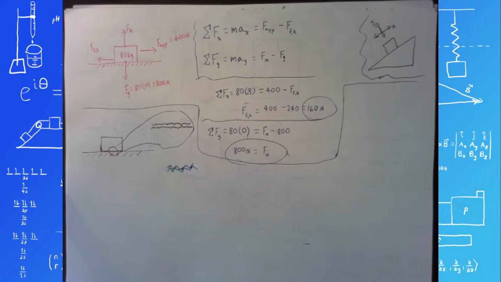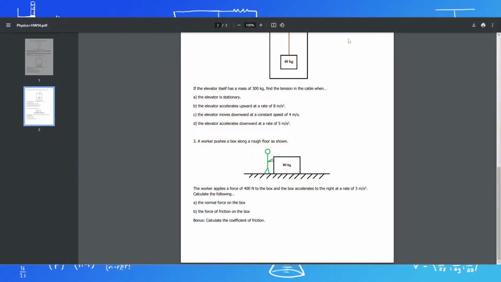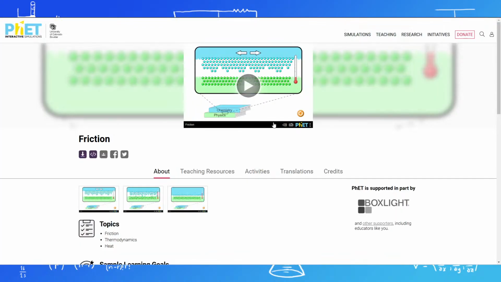So I have a PhET simulation that illustrates this a little bit more clearly. Let me go ahead and open that up for you right here. And if you want to find this for yourself, just type PhET simulations into Google. There it is, just type the words PhET simulations, and then go into